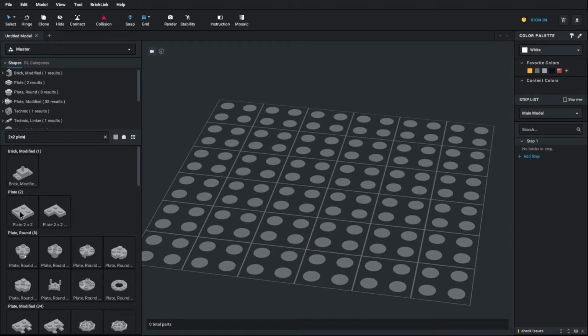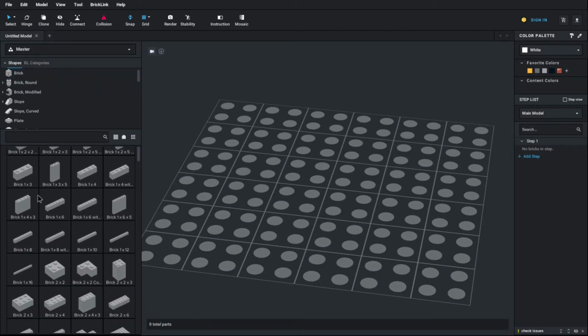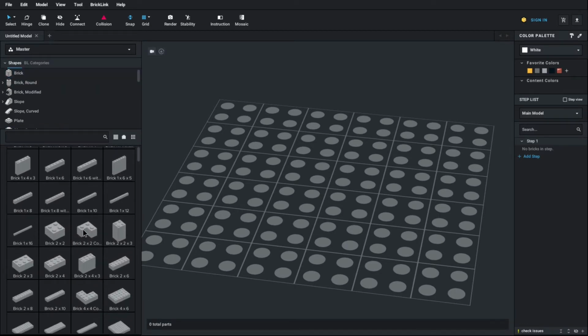Plates are these guys. Basically, they're just a single level. They're not the full brick size. They're just a plate. Basically, you stack 3 of these together and you get a brick size. Okay, so let's start laying down some bricks here, and I'm going to start with this one, this 2 by